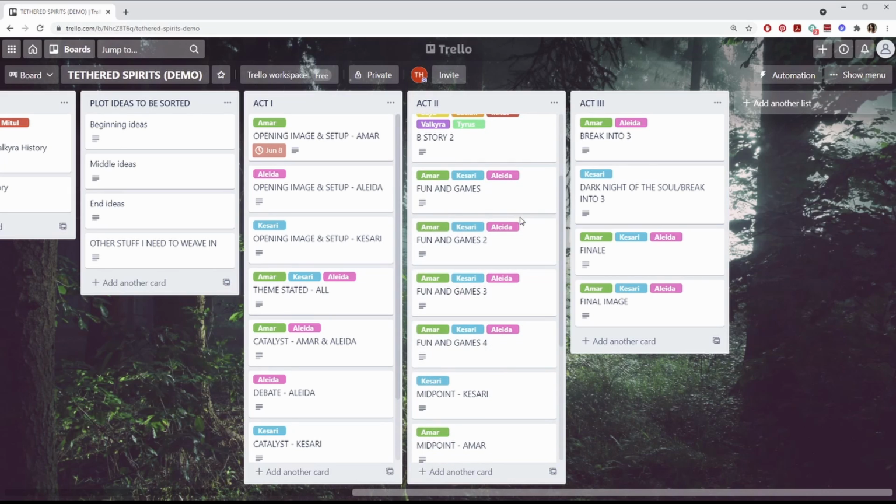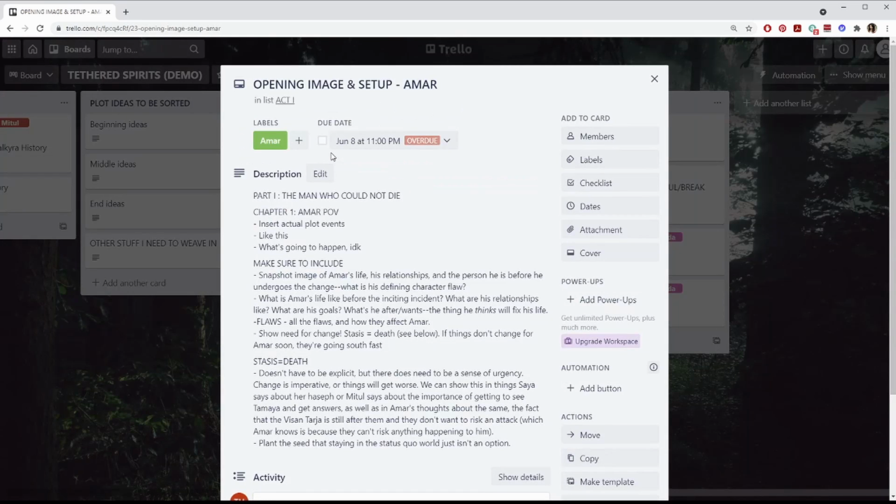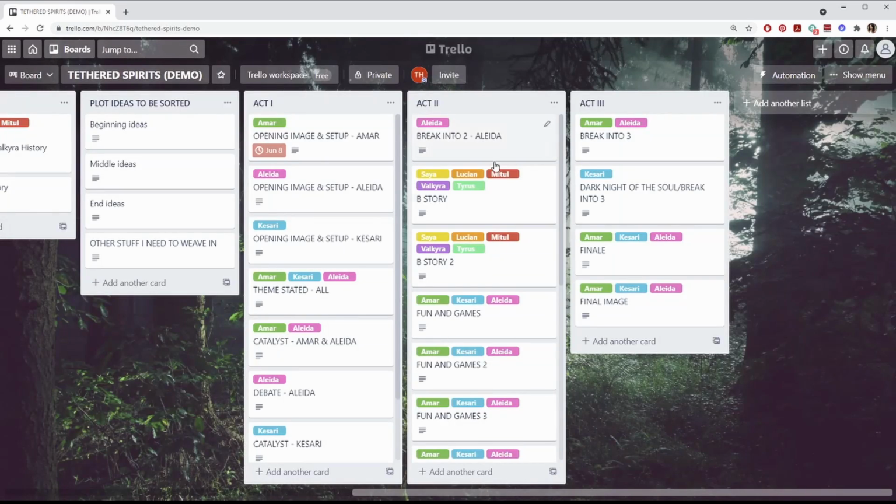So I just have all 3 of them labeled on here, and that's fine. Within each of these cards, if we click on this one and open it up, then I break things down a little further by chapter. These are some things that line up with Save the Cat that I want to make sure that I include in the book. And then this chapter 1, Amar's point of view, and I just have all the plot events listed out. So especially in the beginning, it's a little disorganized, but I try to keep everything in chronological order